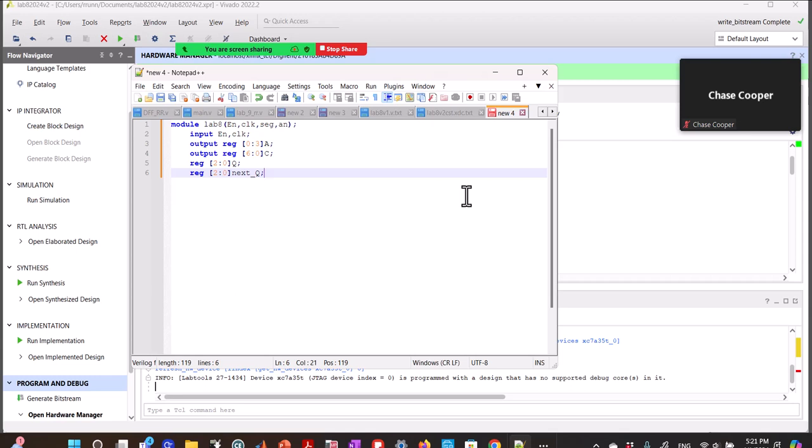That's next Q. And then in the other always block, you actually define it. And let's see. Okay. And then from here, I think I initialized the Q to be